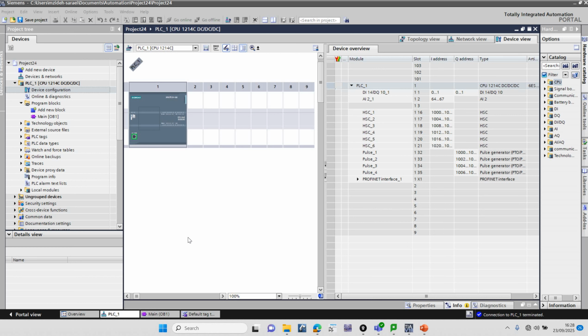Hello everyone. Today we are going to learn how to make AND gate and OR gates in two different languages, ladder logic and also SCL language. SCL stands for Structured Control Language. So,